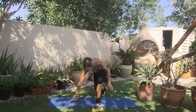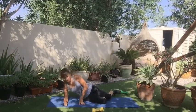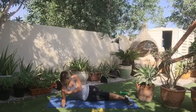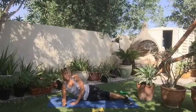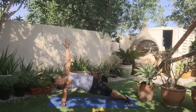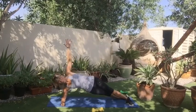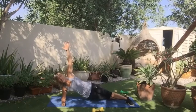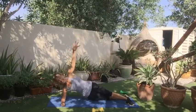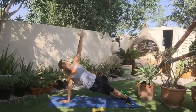Side plank dips. Elbow, hand, you choose. I'll go intermediate level with straight legs, elbow underneath shoulder, always setting that up, and then lift up. Off and prep, and off we go, down and so really try and kiss the floor with your hip here. It's just a little light kiss. Yeah, good. And up here, down, push,